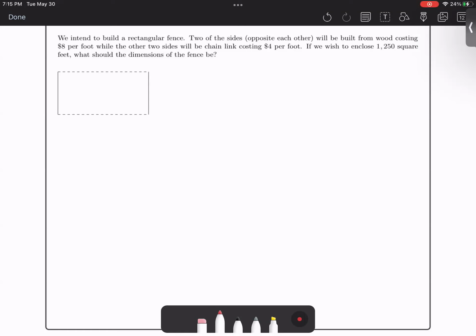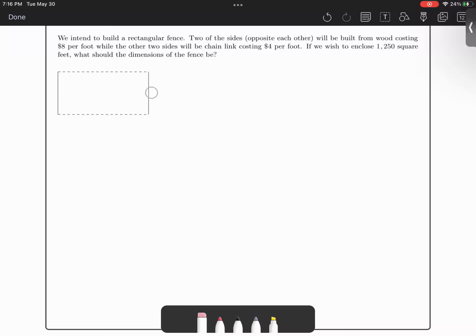So because I've got two different materials, it's probably a good idea to draw your picture something like that, right? Represent the two different sides, one with dashed, one with solid. It doesn't really matter at this point which one we call chain link and which one we call wood. It will change the equation, but everything's going to make sense no matter what you pick. So let's make the wood